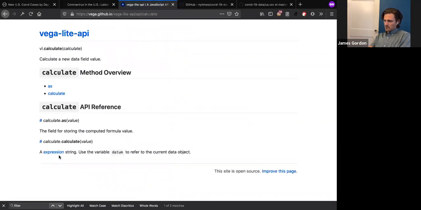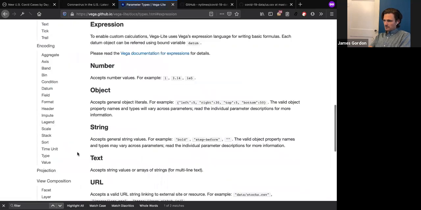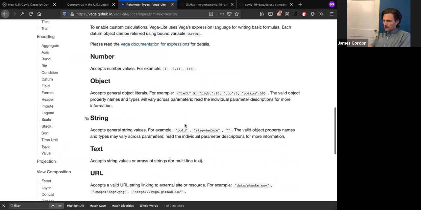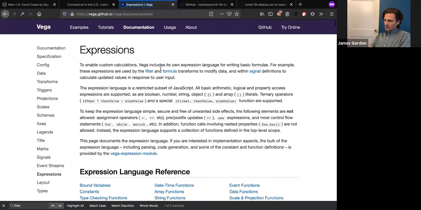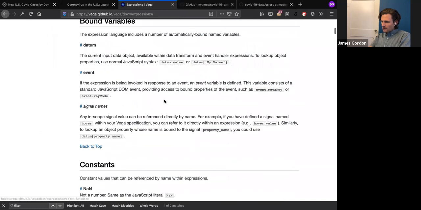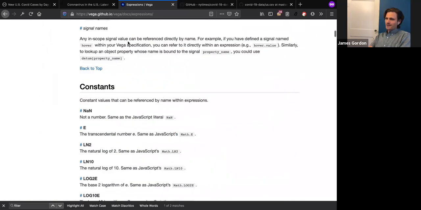So yeah, using this expression string, they're all defined in here somewhere, but